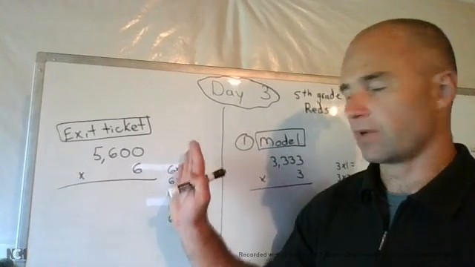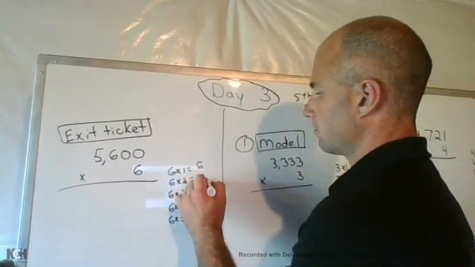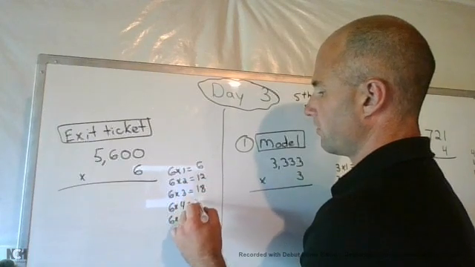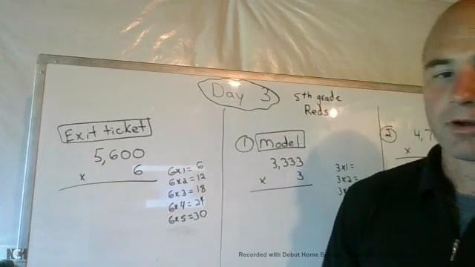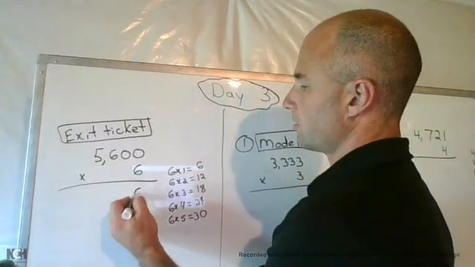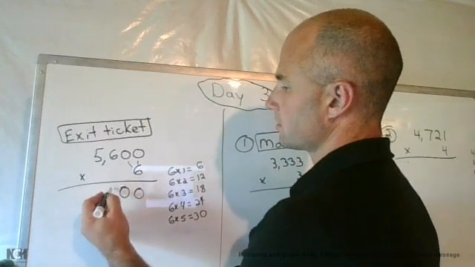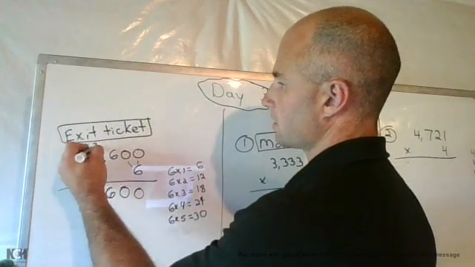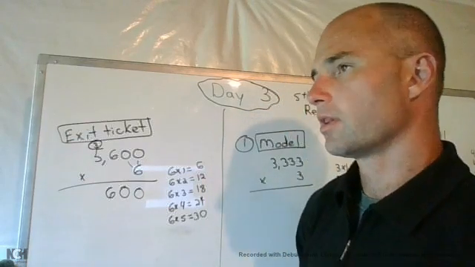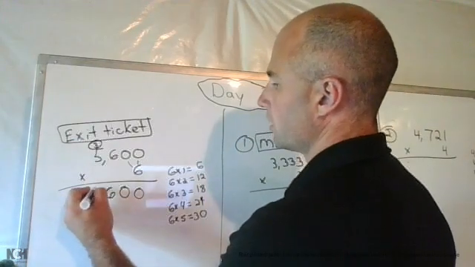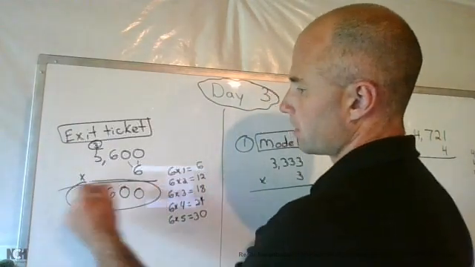5,606. So I have my 6 times tables that I want to answer right now: 6, 12, 18, 24, and 30. And I'm going to do 6 times 0, 6 times 0, 6 times 6 equals 36. 6 times 5, which equals 30, plus 3, which gives you 33, giving me a total product of